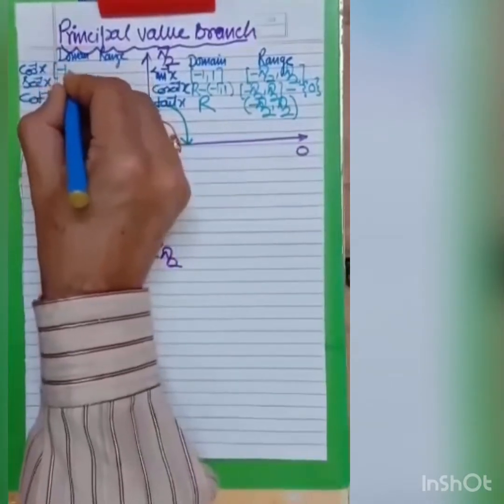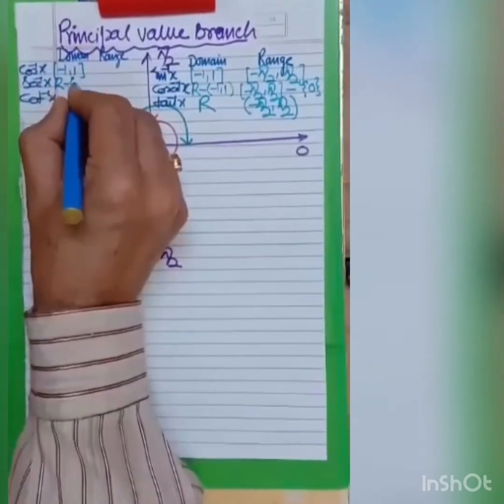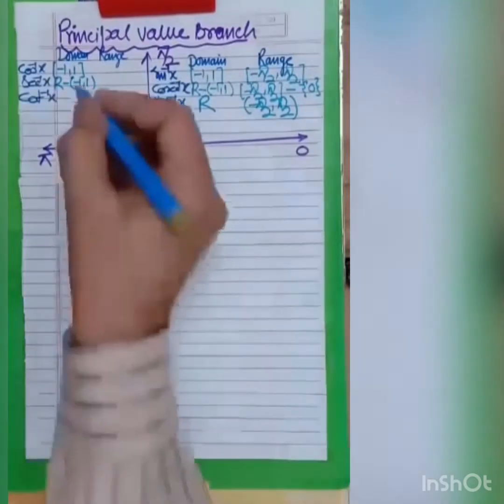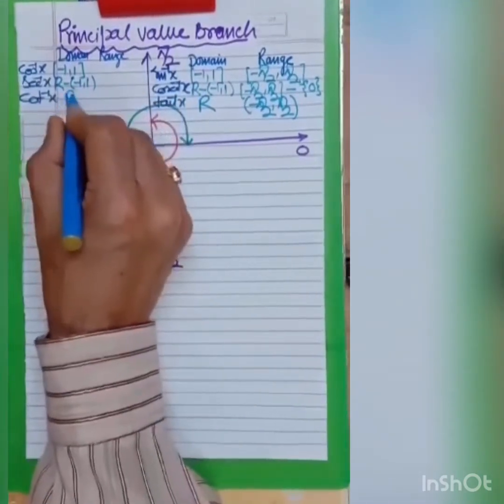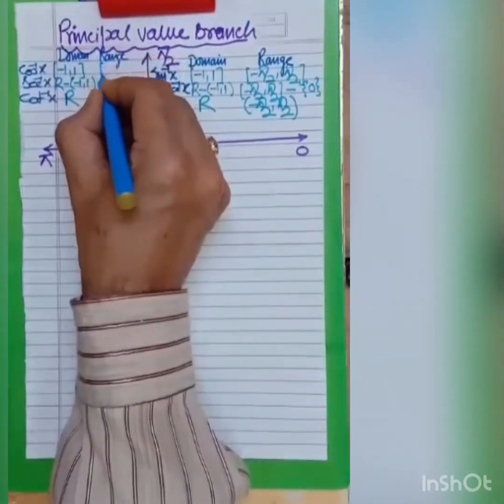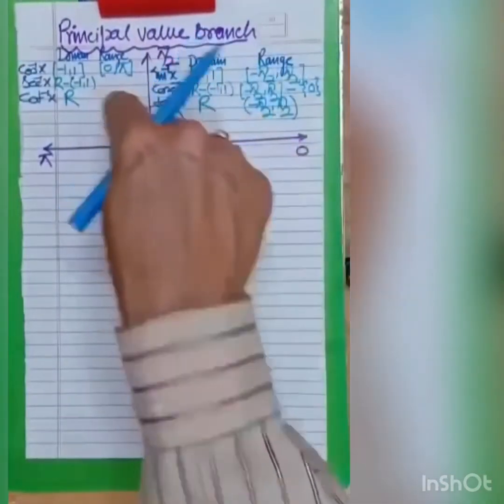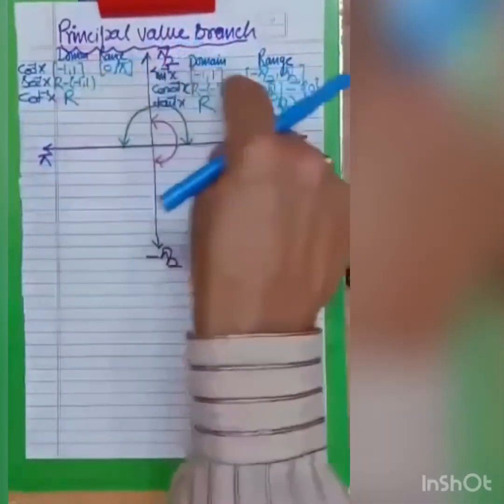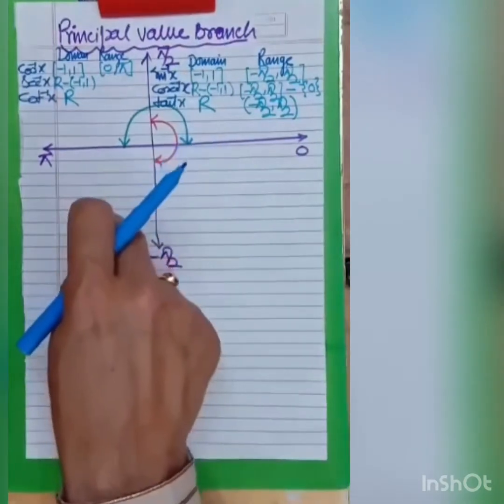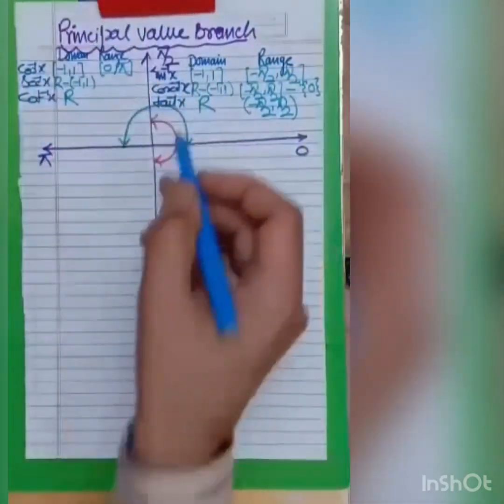In this case the similar values are here, because cos is also a part of that reciprocal: secant is the reciprocal of cos, and cot is the reciprocal of tan. We have to take the same values here. But what will be the range? Range will be 0 to pi only, because cos is positive in this quadrant and negative in this quadrant. We have to take only two adjacent quadrants, not this one, because cos is negative here also but positive here. We have to take the first and the second quadrant for this, that is 0 to pi.